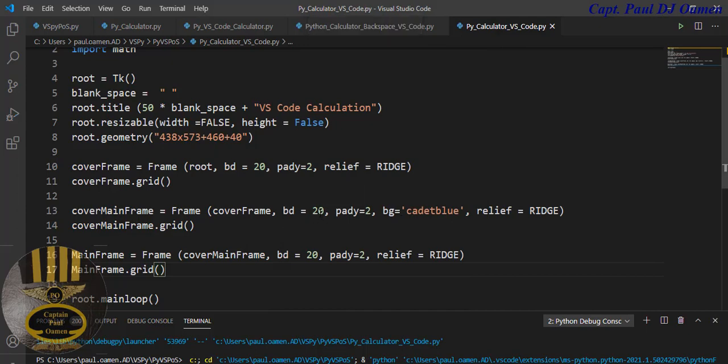You see these frames here? I want to change this to about 10 and change this to maybe 5. Just reduce it. The border, I mean. Okay, to start with, I'm going to create my very first widget, and that's going to be, let's call that